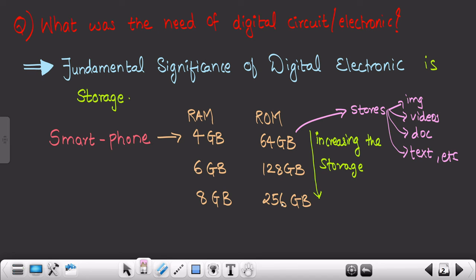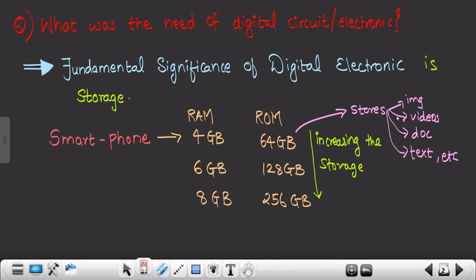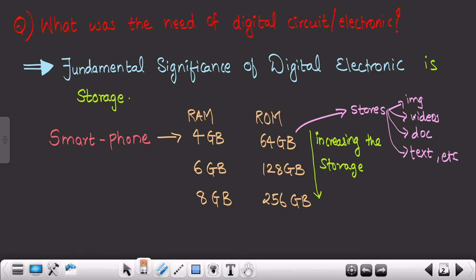So what if I tell you that it can be only done with the help of digital electronics? Let me take a different color, maybe this one will do. So this can only be done, storing can only be done